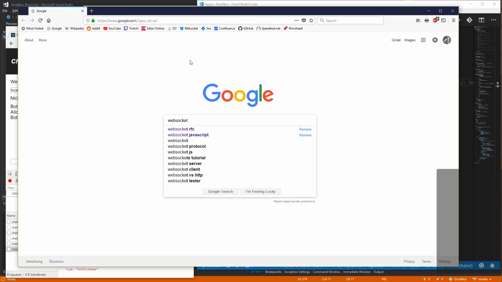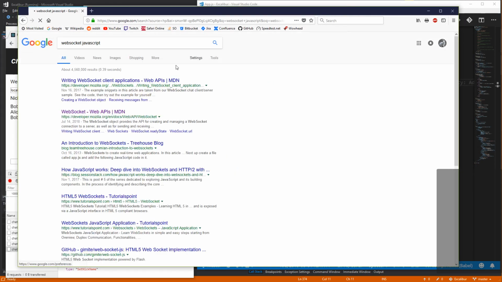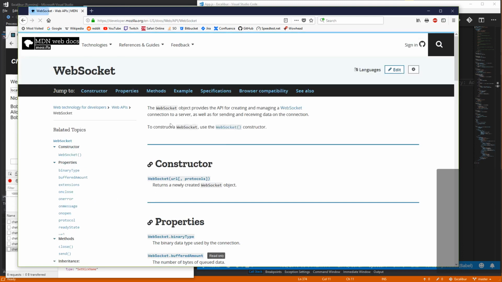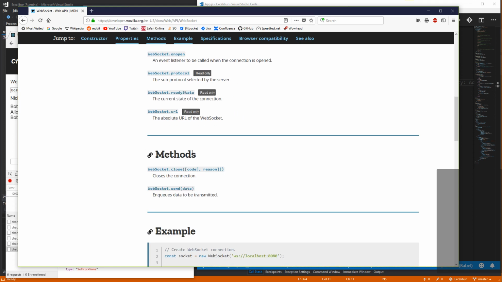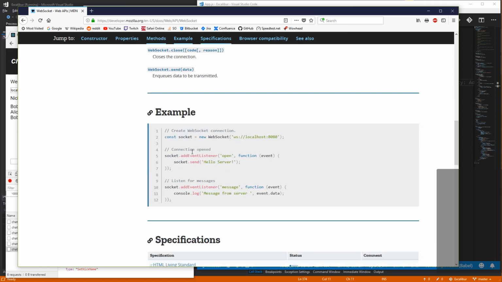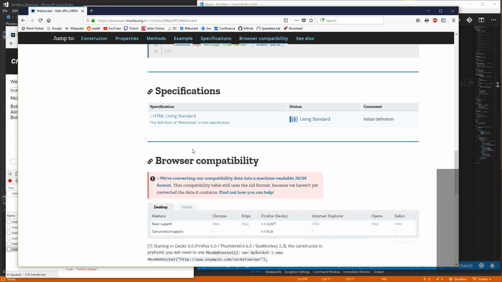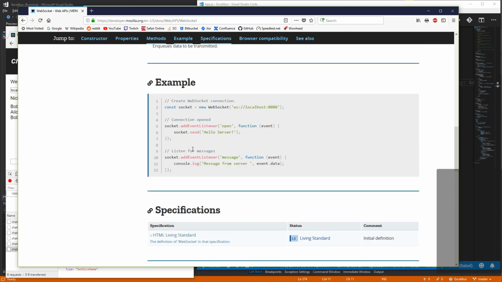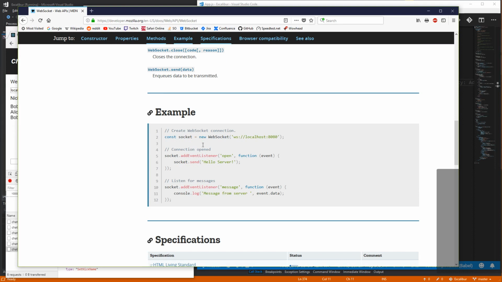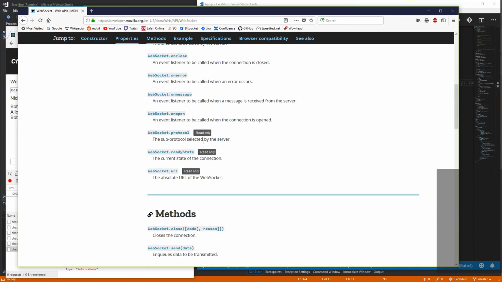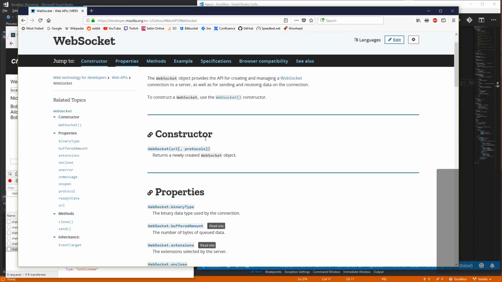WebSocket, JavaScript. All right, they have onclose. It's funny, they have onclose, but since addEventListener is a base class method, so to speak, they don't actually document it.